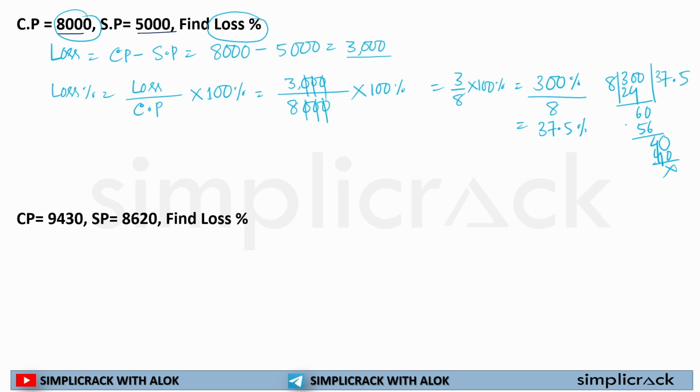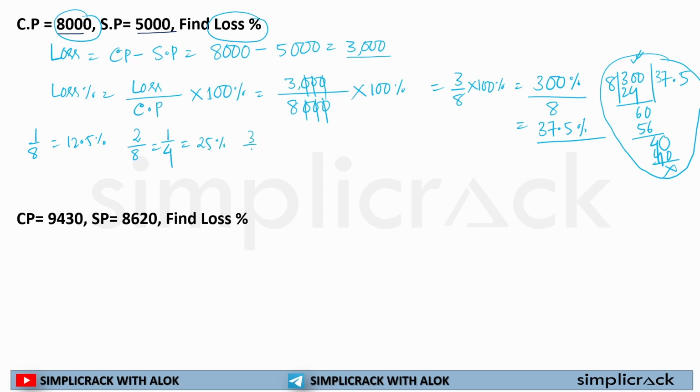37.5 percentage. If you have already done the homework of percentage, you would not need this. You would not waste your time over this calculation. You will simply write 37.5, because I have already told you 1 by 8 is equal to 12.5 percentage. 2 by 8 can be written as 1 by 4, or it is 25